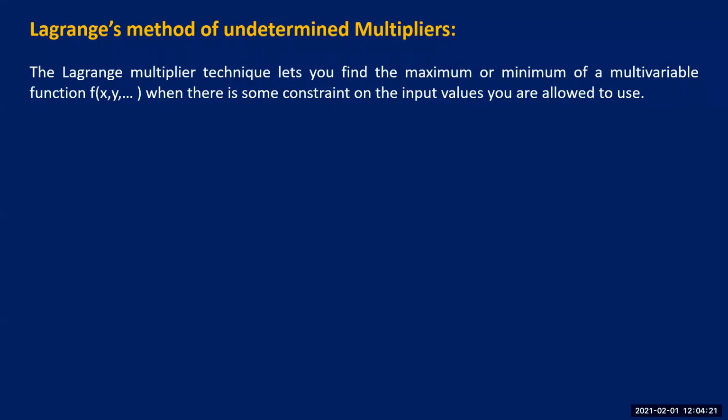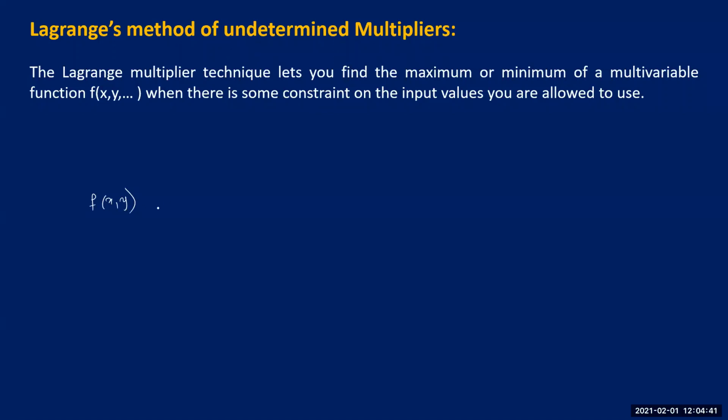Now see, this is Lagrange's method of undetermined multipliers. During the last few classes, we were discussing how to find maxima and minima of functions of several variables. Right? When we are given a function of two variables, if you just recall the procedure,